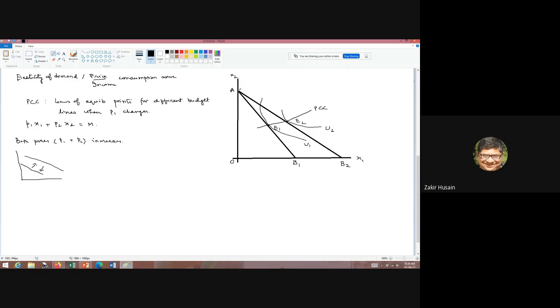কিন্তু যদি একটা কমোডিটি প্রাইস চেঞ্জ করে, এই বি পয়েন্টটা রোটেট করবে। যদি x1 এর প্রাইস চেঞ্জ করে তাহলে বি উইল চেঞ্জ টু B2, রোটেশন হবে ঠিক আছে? So only one price changes, suppose P1, we will have a rotation on A। যদি P2 চেঞ্জ করে তাহলে রোটেশন অন বি, মানে এরকম হবে। ঠিক আছে, ইজ ইট ক্লিয়ার? না একবার রিপিট করব।